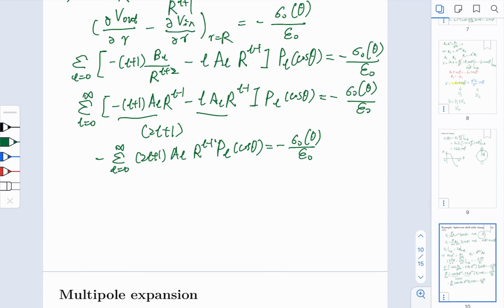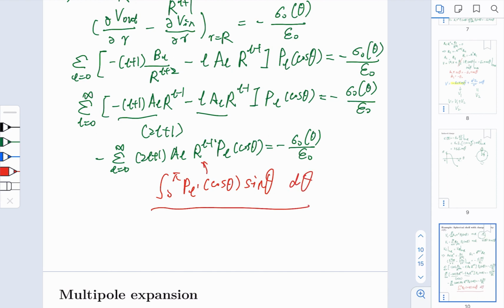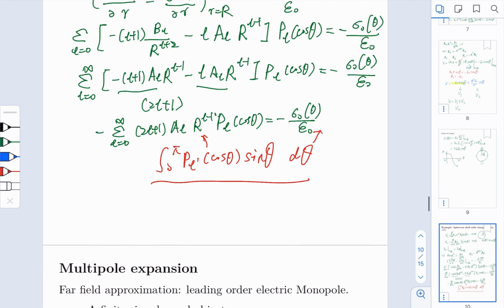Now we simply need to repeat what we did by doing the integral from 0 to pi with PL prime cosine theta, and also remembering this sine theta d theta. Let's apply this both to the left and to the right, and you will arrive at this